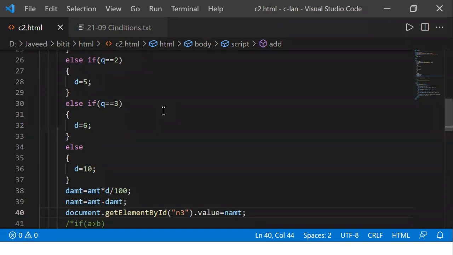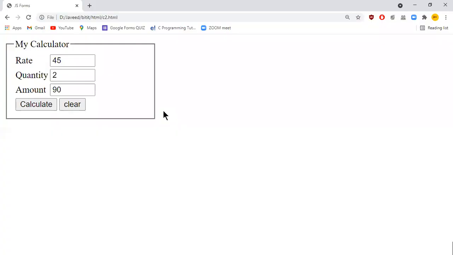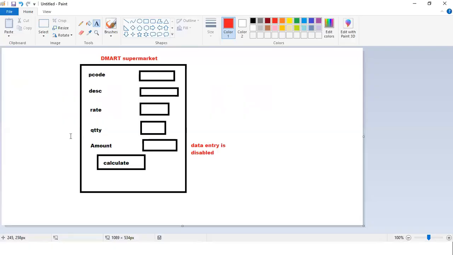So now, to have a better understanding of the application, I would like to change my screen. So what is the screen change that I want to have? Here I want to show the user what is the discount you got and what is the net amount you have to pay. All those details I'll add. Understood what I'm telling?